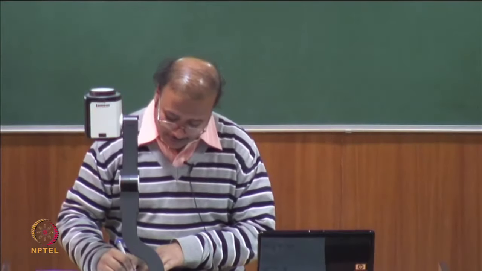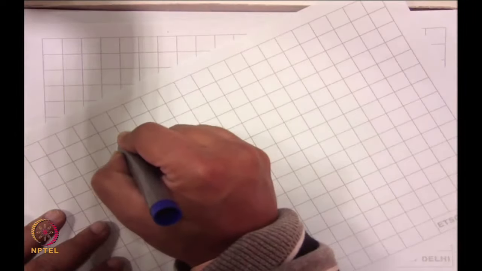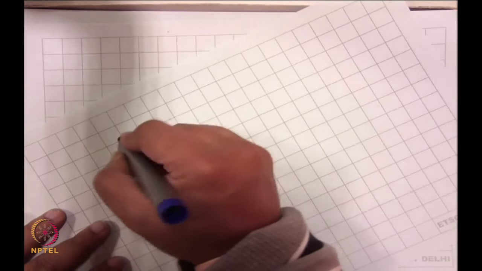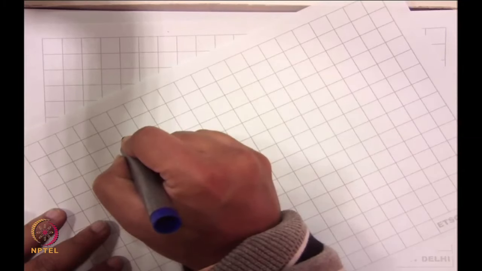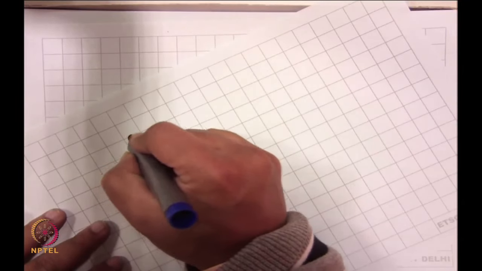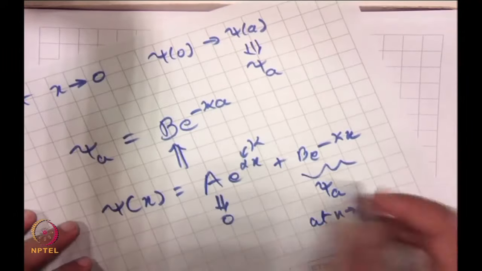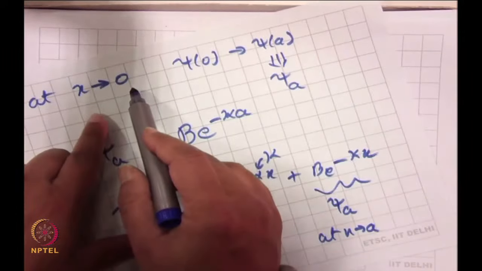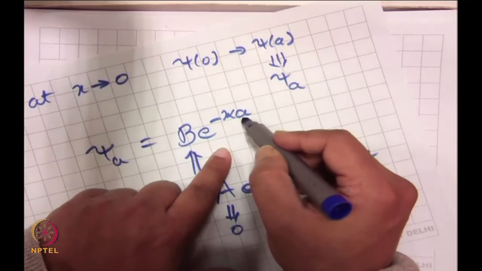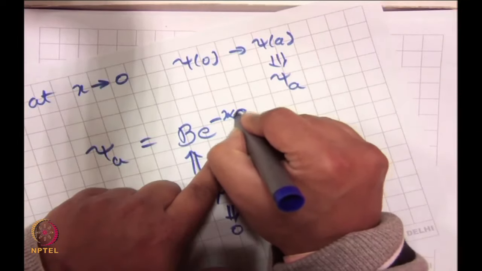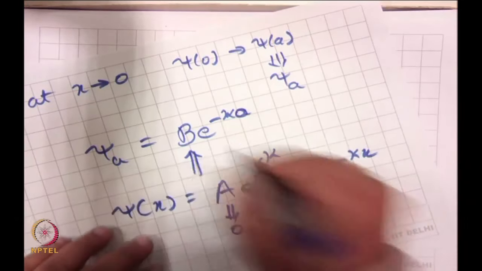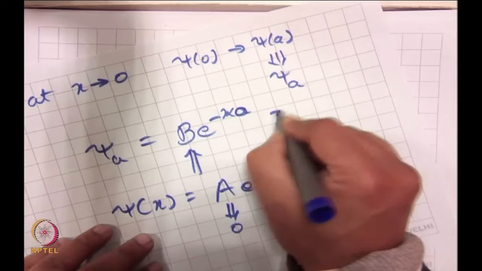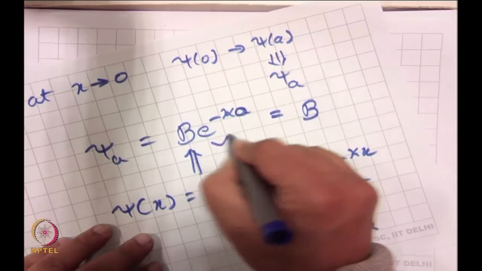So, can I write, you know, I made one mistake, you have to tell me what is the mistake I made? Yeah, see, I made a mistake. The mistake I made was, it was x tending to 0, right. So, I should not be putting x tending to a out here. What should I put? I should be putting 0. So, I am sorry for that mistake. If this is what b is equal to, b times e to the minus kappa 0. So, this is essentially b, because this one goes to 1.